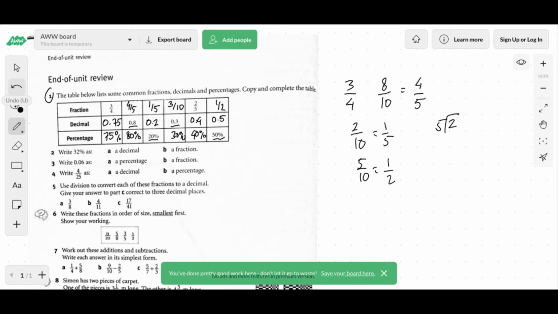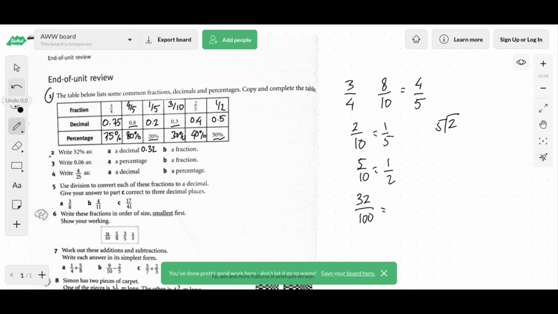The first question is like that. The second question is also similar, 32% as a decimal. 0.32. Okay, 0.32. Right, that is the decimal. How about the fraction? You simplify it after that. 32 over what? 100. Yeah, it's 100, because it's percent.